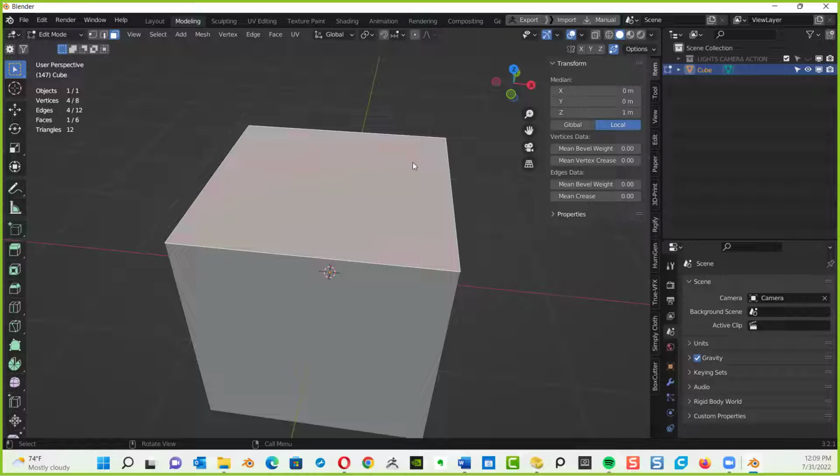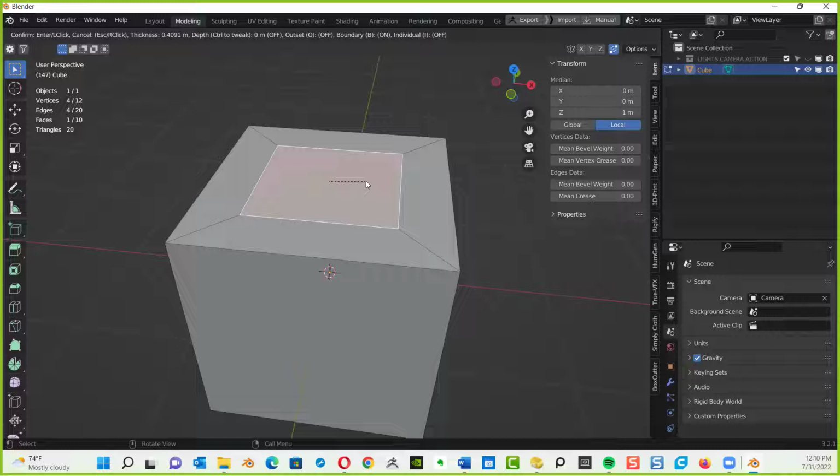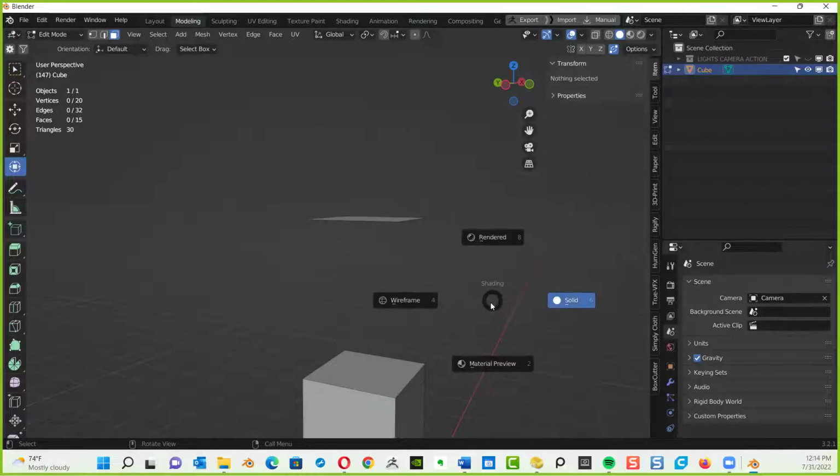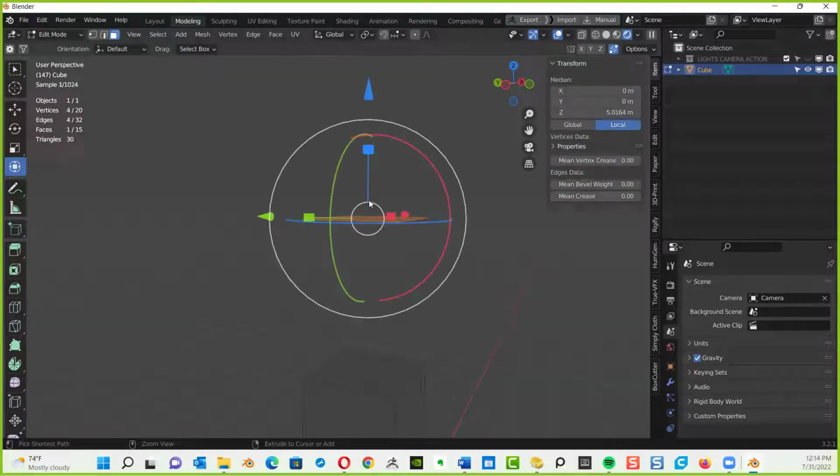What's the first letter of inset? I. Hit the I. Don't left click. Just drag your mouse. Inset it in. Now, once you get to the point where you want it to be, left click and it's set. Get to that point. What I'll do is I'll do it again just to help you out here. I'm going to hit the undo.